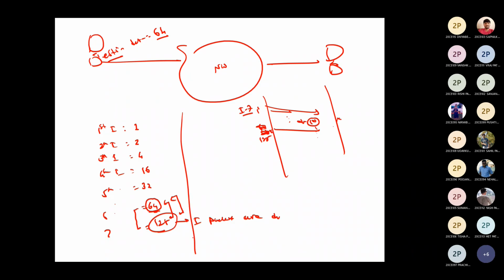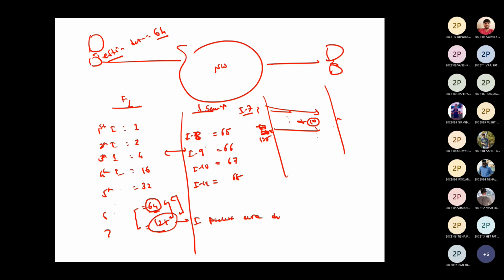Okay. So now what I will do in iteration number 8, I will send 65 packets. In iteration number 9, I will send 66 packets. In iteration number 10, I will send 67 packets. Iteration number 11, I will send 68 packets. So can you figure it out? What is the difference among these two? First phase, and after dropping, I have started the second phase. What are the differences among these two phases? Can you figure it out?